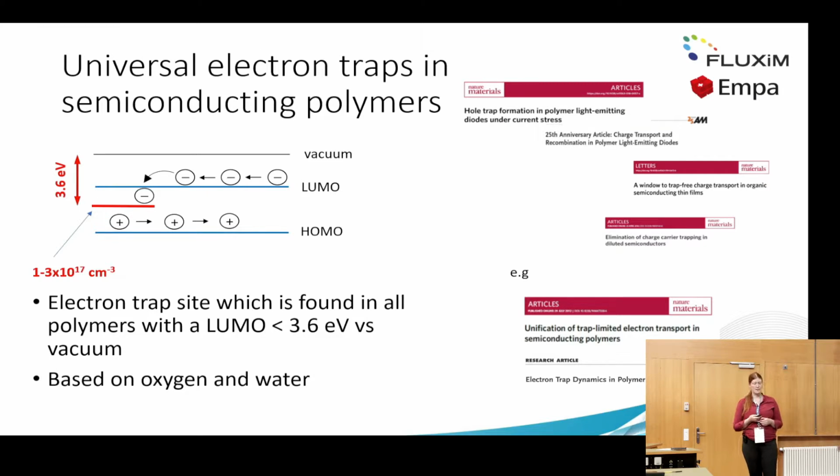Trap states are widely looked into because they usually have a very detrimental effect on our full devices, and especially electron traps seem to have a really major effect on the electron mobility in most of the semiconducting polymers, and this is attributed to several kinds of electron traps, and one of those, which is quite notorious, is the